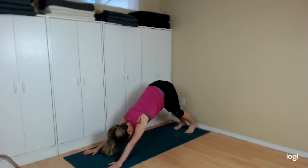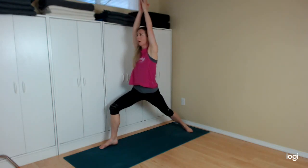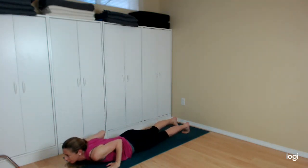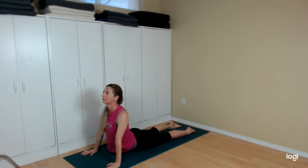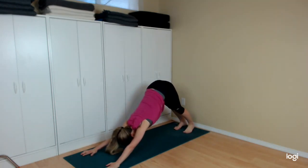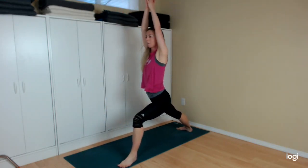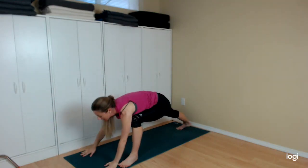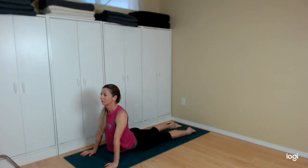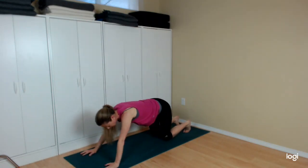Exhale, downward dog, right side. Inhale all the way up. Exhale all the way down. Inhale, up. Exhale, downward dog, left side. Inhale all the way up. Exhale all the way down. Inhale, up. Exhale, downward dog or child's pose